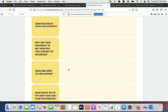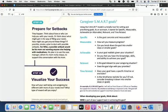She wasn't keen to use home support at the moment because there were some challenges about them being able to take out her spouse. For her, part of it was also providing her spouse with something different, but being able to be in her own home on her own was really important for that piece. So, if we go back to our SMART goals,